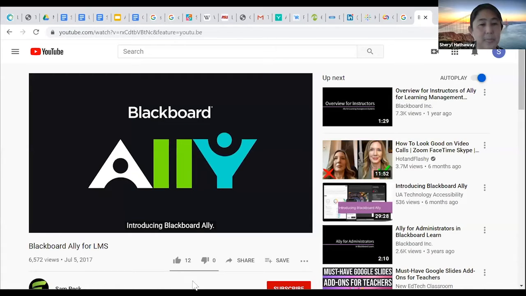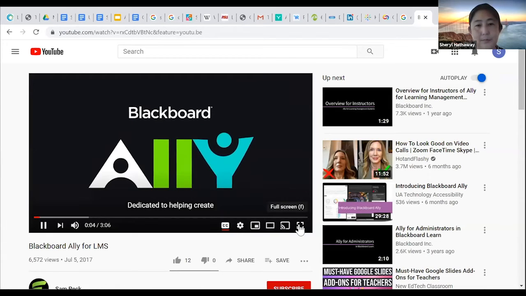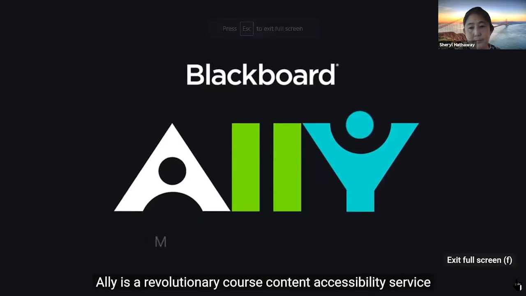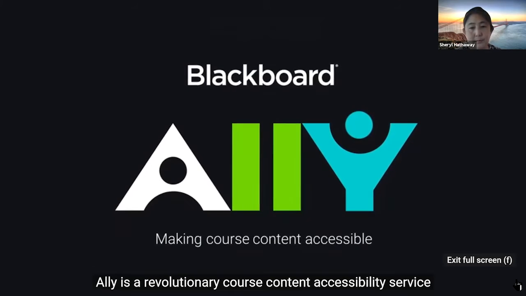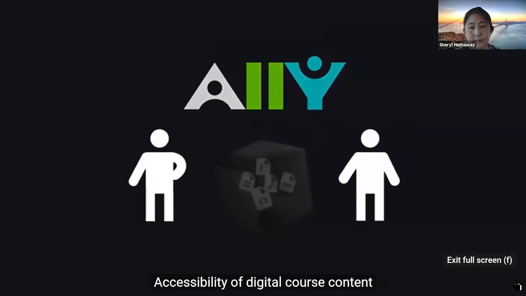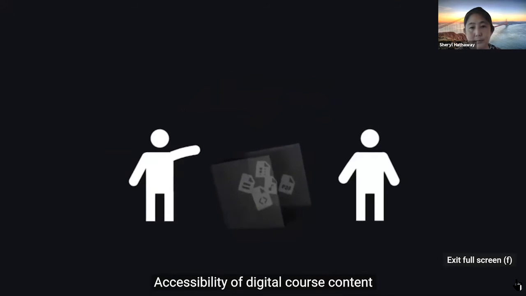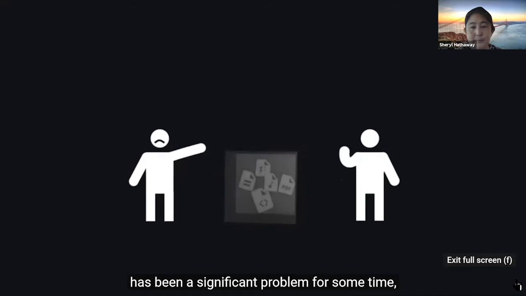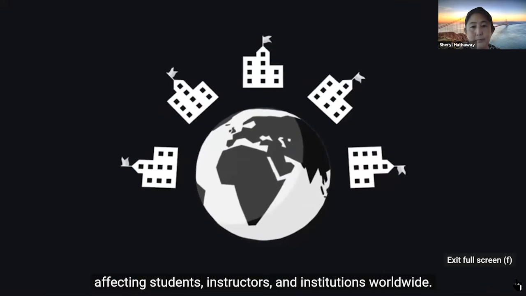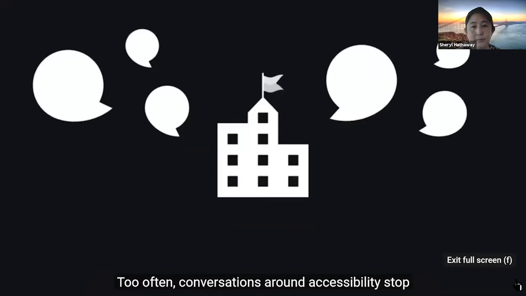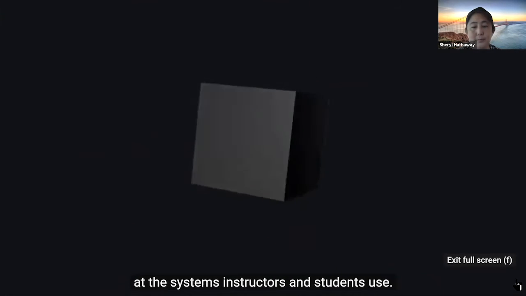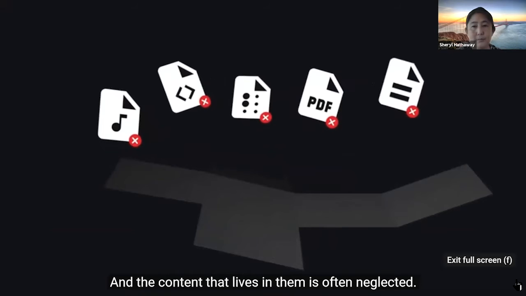Introducing Blackboard Ally, dedicated to helping create truly inclusive experiences in education. Ally is a revolutionary course content accessibility service that integrates closely with the learning management system. Accessibility of digital course content has been a significant problem for some time, affecting students, instructors, and institutions worldwide. Too often, conversations around accessibility stop at the systems instructors and students use, and the content that lives in them